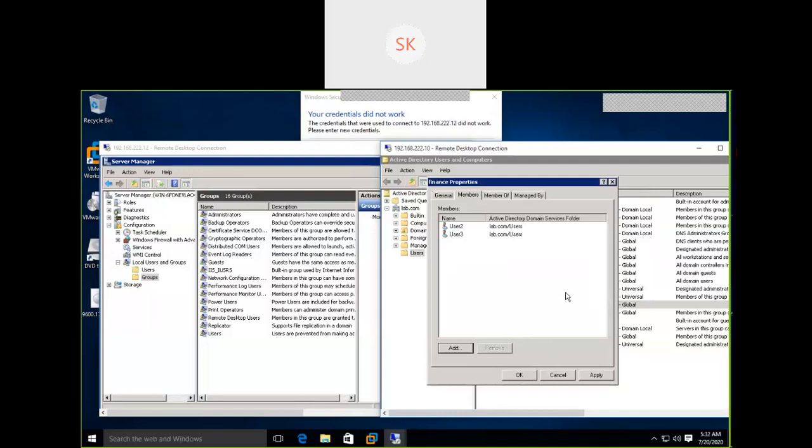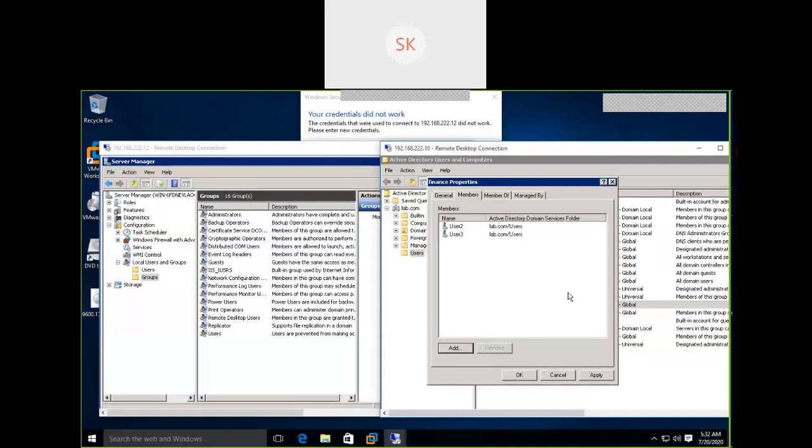Now this finance group can be a member of other domain groups, or of a local group. Previously I added user 1 to the remote desktop users group of the member server. Now, what is this finance group? It is a domain group. This domain group I'm going to add to the local group of the member server.